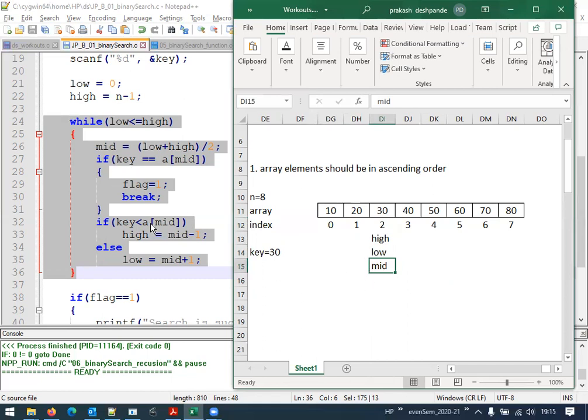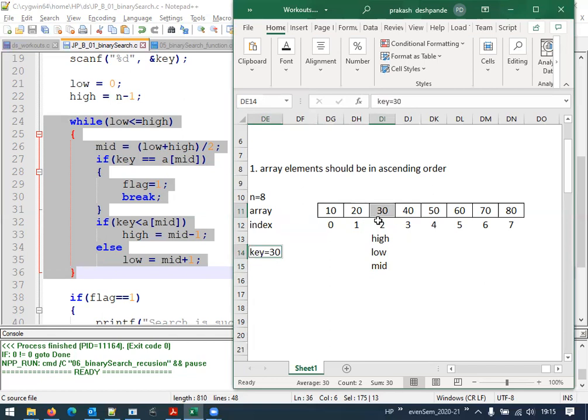Correct? Now, is this key 30 equal to A of mid, at line number 27? Mid is actually 2. At A of 2, we have 30. Is key equal to 30? Yes, both are equal. That means the element is found in the given array.